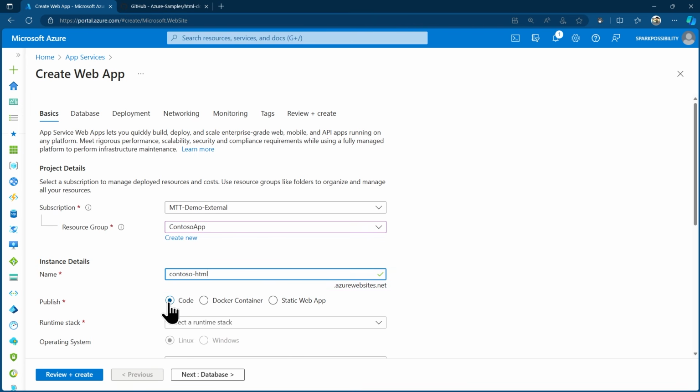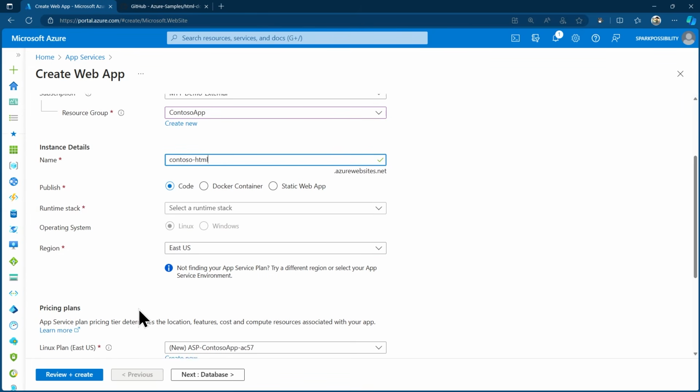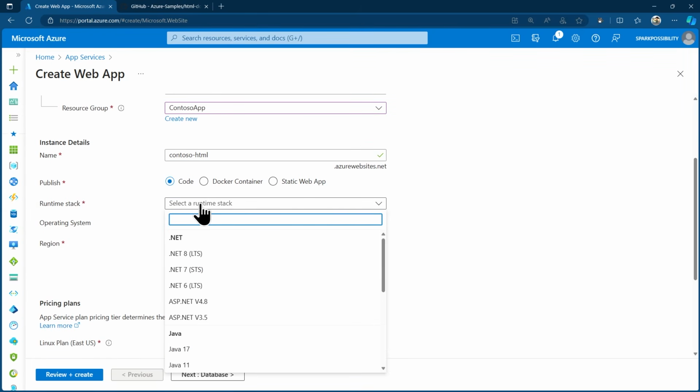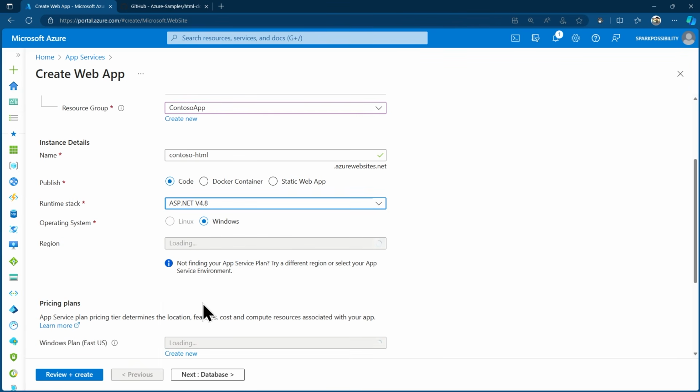I have code, not a container image that I want to use in here, so I will leave this. And the runtime stack that I need is ASP.NET version 4.8 right now. There's a longer list of different options depending on what kind of framework or language you use. For me right now, as I have an existing app, I will start with ASP.NET. Now by selecting the